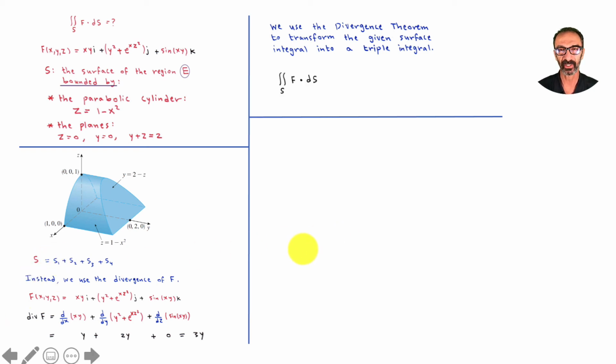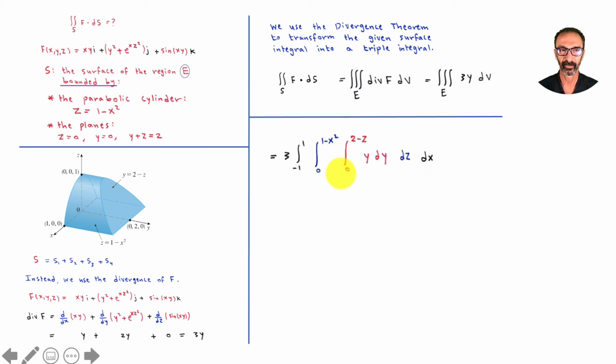That saves a lot of time, by the way. I know you're doing a triple integral still, but imagine if you do it for each surface, 4 surfaces. So we have f dot dS over the surface becomes the divergence of f dV over the region E. Well, the divergence of f was discovered to be 3y, and now we have 3 outside, y dy, dz, dx,